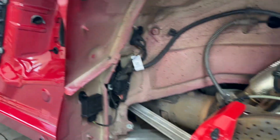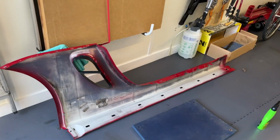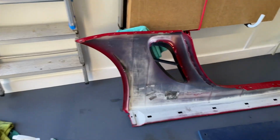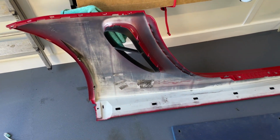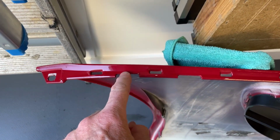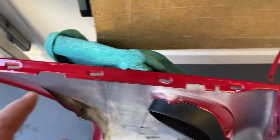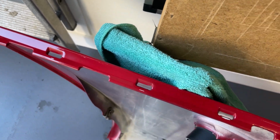And then finally, and I'll be honest, this is a bit of a pain to do, a much cleaner inside of sill. And then crucially, I mean, how long's a piece of string? How much dirt do you lift off? But crucially, the top section here, the trailing edge, so the further edge, again amounts to a seam visible from the outside. So just a very quick bit of polish on there,